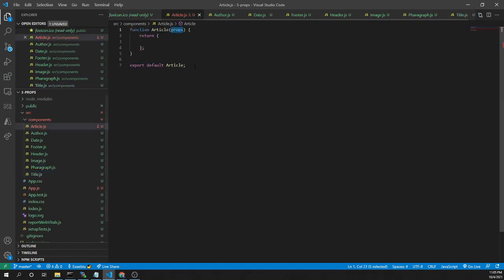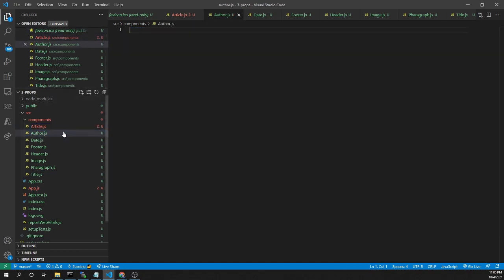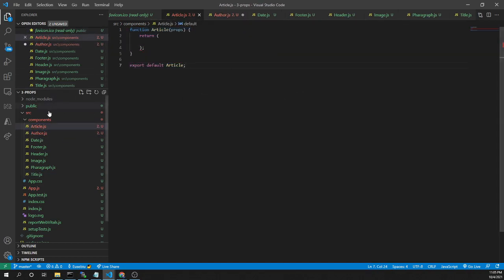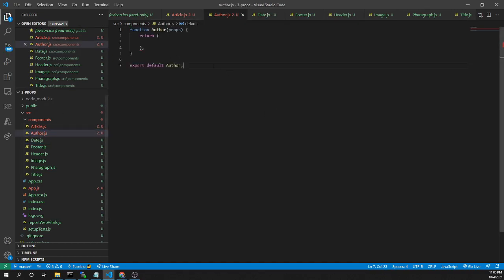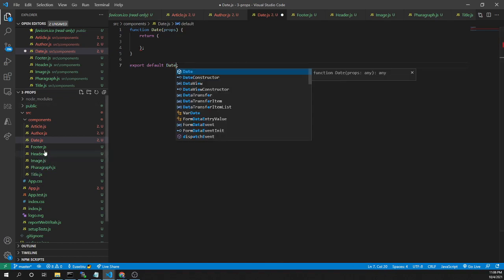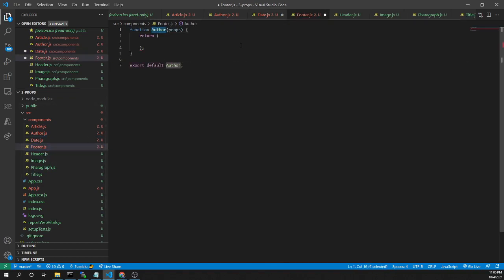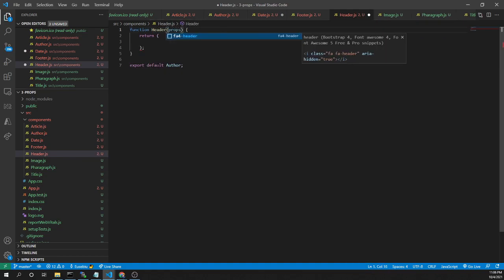And in all these components, I'll copy this code and I'll modify just the component name. So here I have author. Here I need to copy this, and here I have date. So I need to put the date here. Here we need to put footer. Here I have the header.